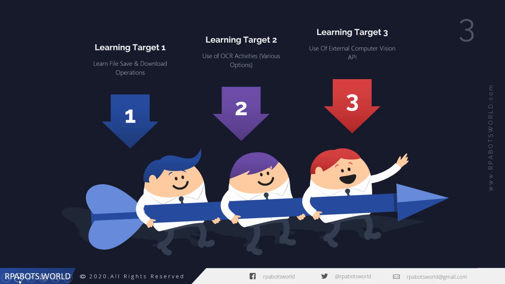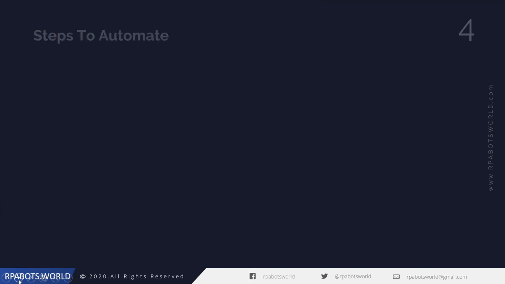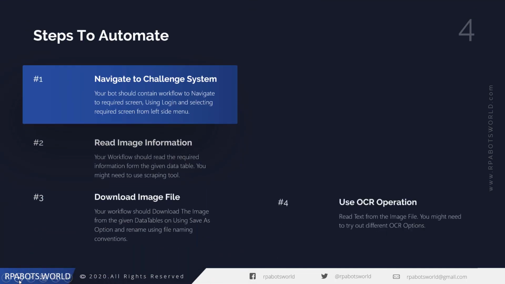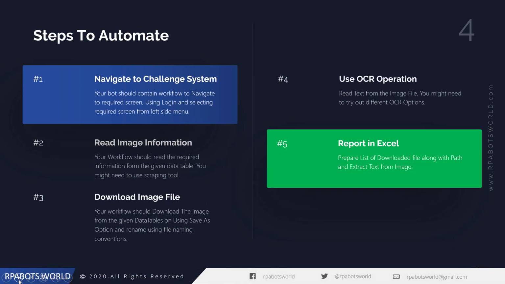So that's the learning agenda number 3. We are looking for 3 learning targets while solving this RPA challenge. Let's move to the next slide, which talks about what exact steps you need to perform. We need to perform 5 steps. Those are pretty simple. The first thing you need to do is go to the challenge